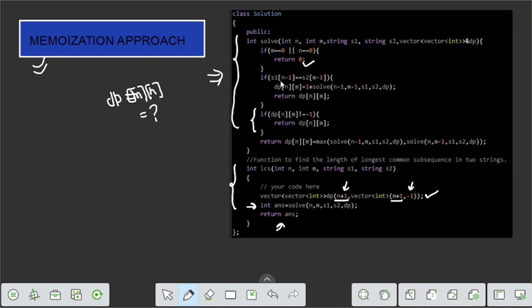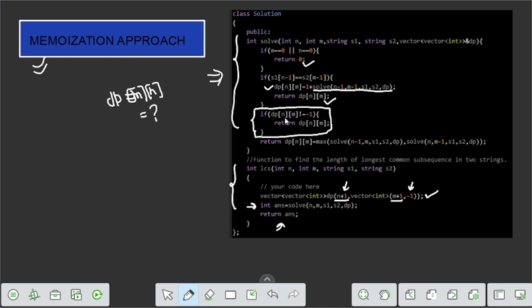If the last characters are the same, then we update dp of m n as 1 plus the call to solve with n minus 1, m minus 1, s1, s2, and dp, and return dp of m n.